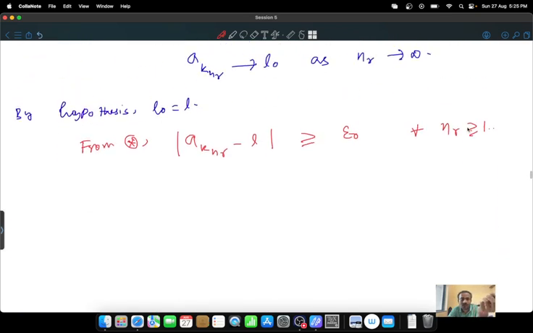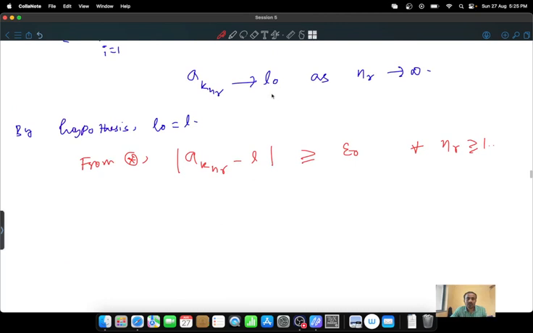Now come to the convergence. This says that a_{k_n_r} converges to L, but this condition says that it does not converge. So you are getting two conditions at a time, which is a contradiction. In this problem, what I have done is nothing but use the negation of the convergence of the sequences. That's why I first did that proof by contradiction, and hence